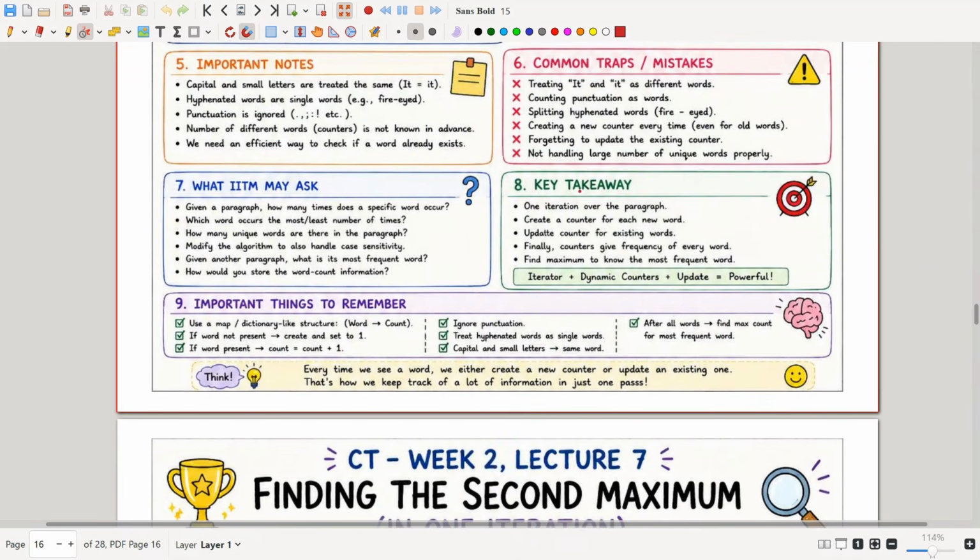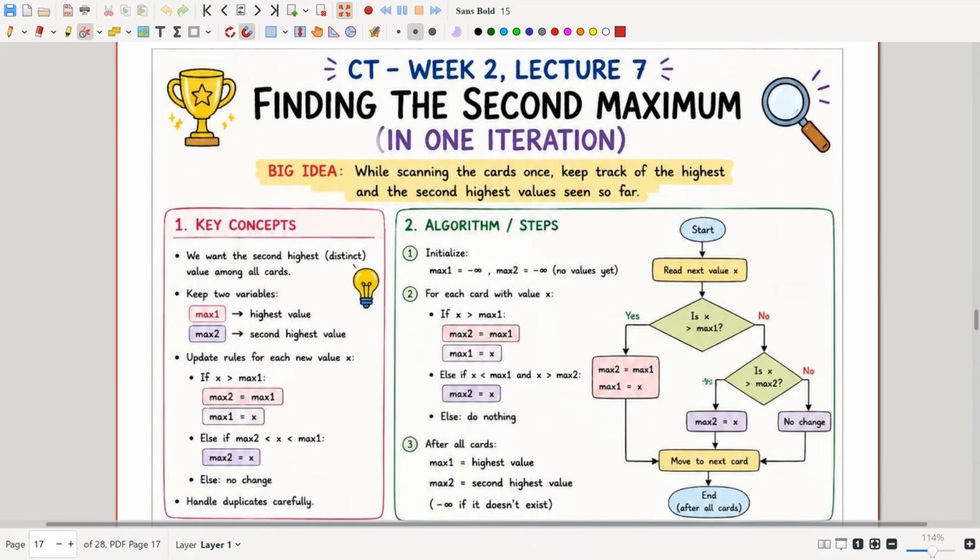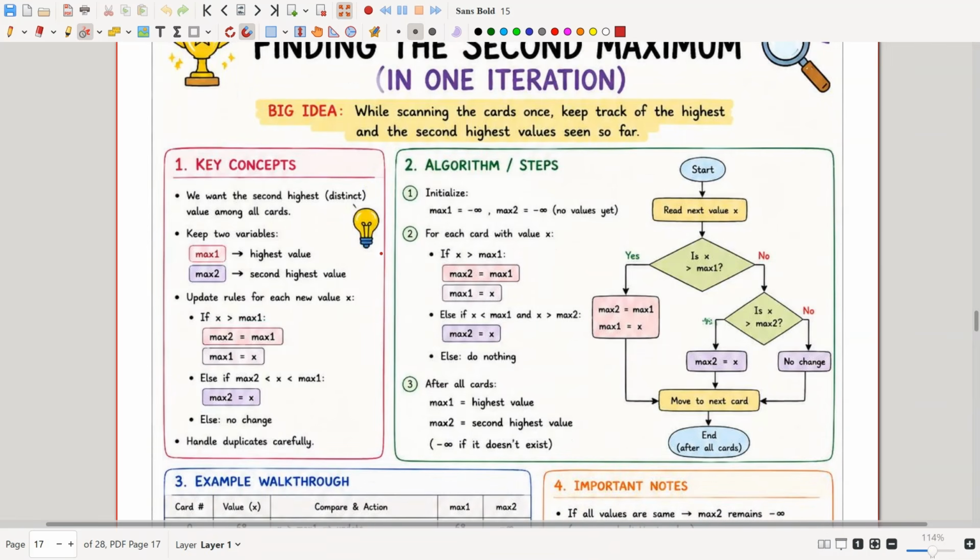Okay, so now let's move on to finding the second maximum in one iteration. So how will we be finding the second maximum in one iteration? We want the second highest value among all the cards, and if maximum 1 is the highest value, then maximum 2 will be the second highest value. So we will be keeping two variables, max 1 and max 2, where max 1 is the highest value and max 2 will be the second highest value. Okay,